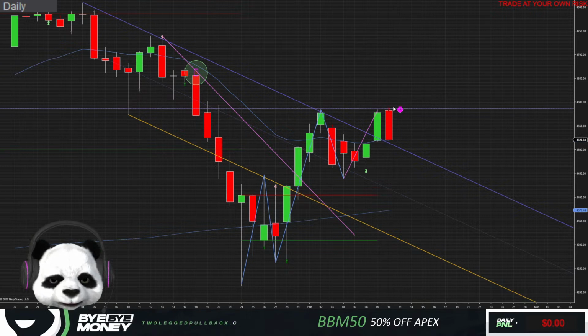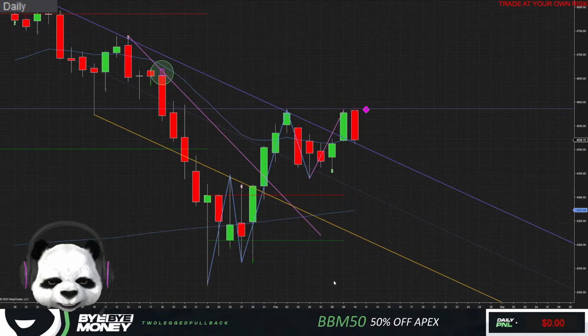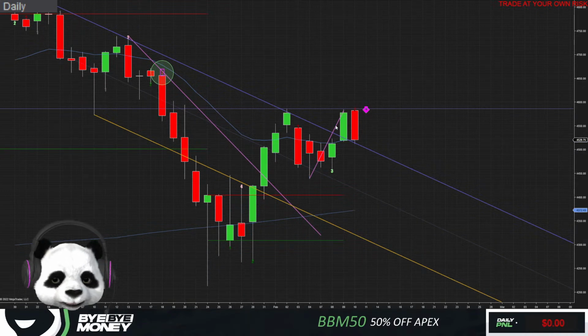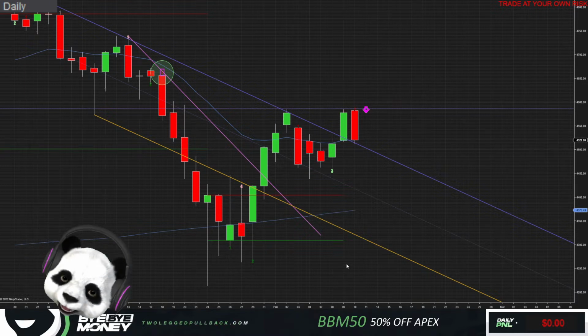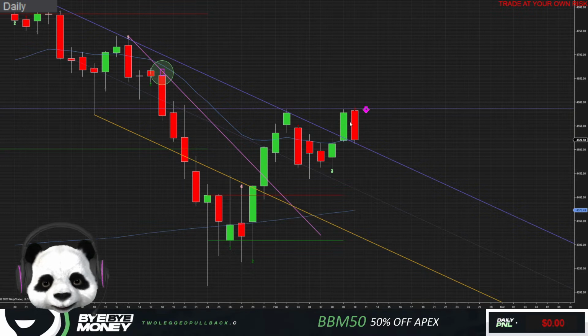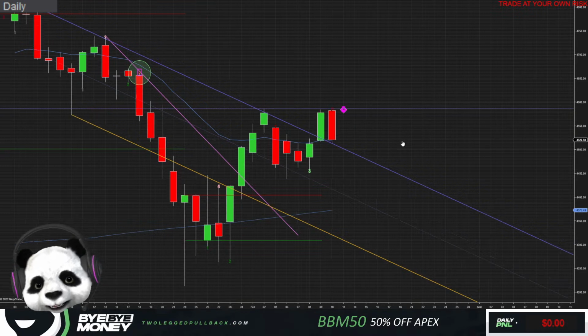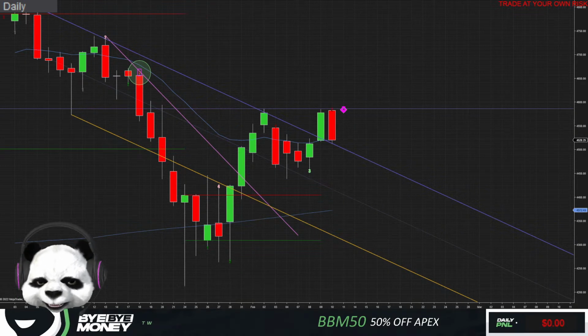In my opinion, we got first break of trend. I'm still looking for a new low sometime. Now, will it happen? I don't know, but that's what I would be typically looking for if this was any other time frame and if I'm reading the price action. So right now we have a failed trap working out, and we already broke the low here, making me think we can have a strong downtrend day today.